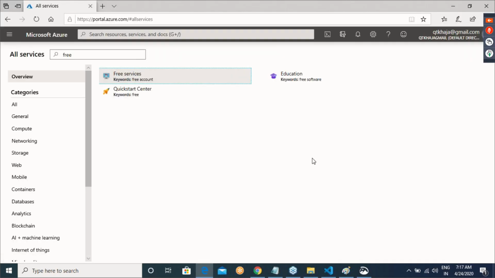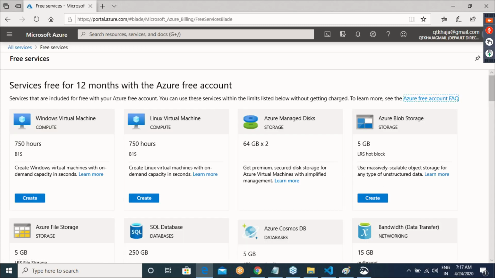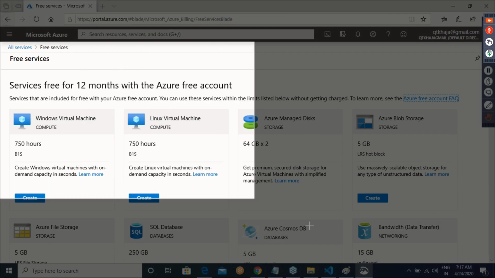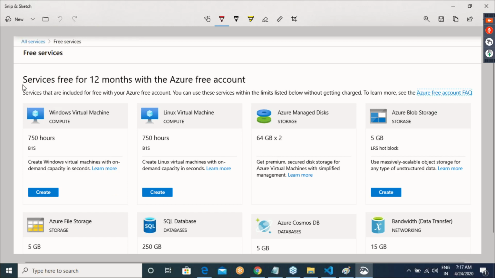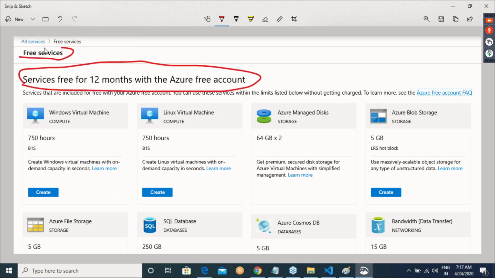Now if you click on free services, you will have sections like those which are free for 12 months.